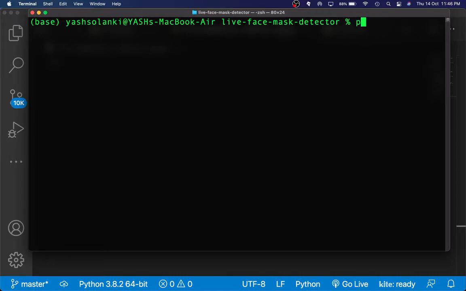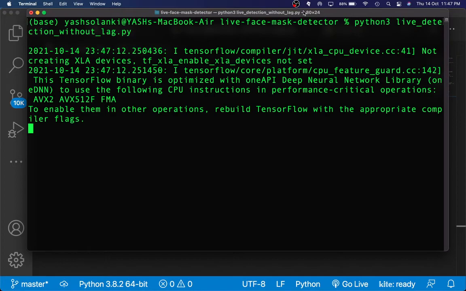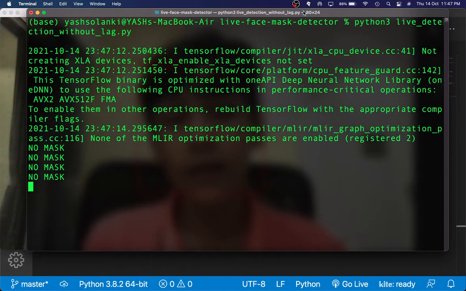So again, I'm just gonna run the file for the last time. Let's just run it again. As you can see, it does take a second to load up the model, but you can work with this. You can actually put it in a security system and a lot of things. This is a really cool project, something I'm sure a lot of you guys would want to build during this COVID time, but you weren't sure how to do it. But now you are.